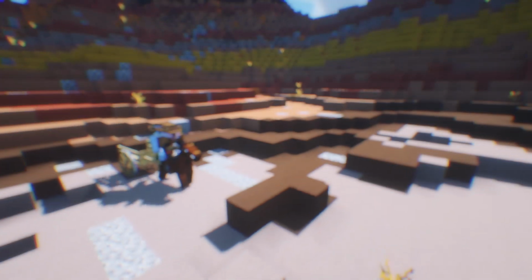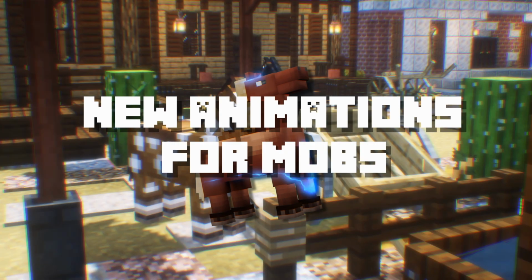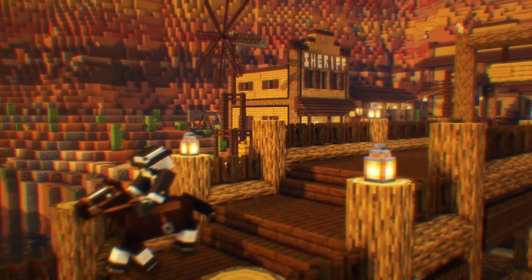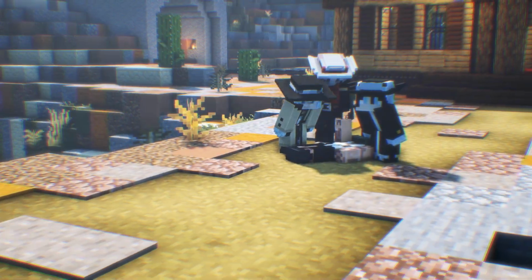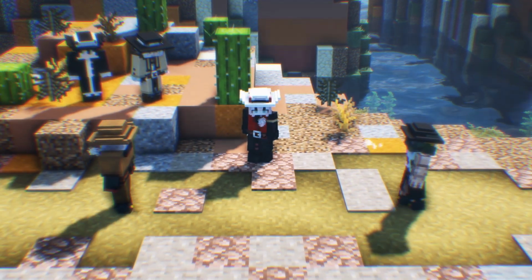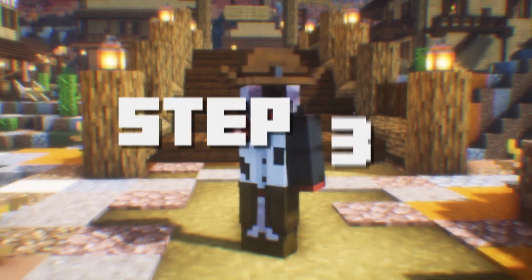The first of which would let 2 players ride a single horse. Combine this with new animations for mobs, and we have a way more immersive horse riding experience. On top of this, I added a mod that leaves your body on the ground when you die. He's dead. Mainly to add to the experience of a classic Western standoff. But arguably the most important part of a standoff was still missing, which leads us right into our third step: